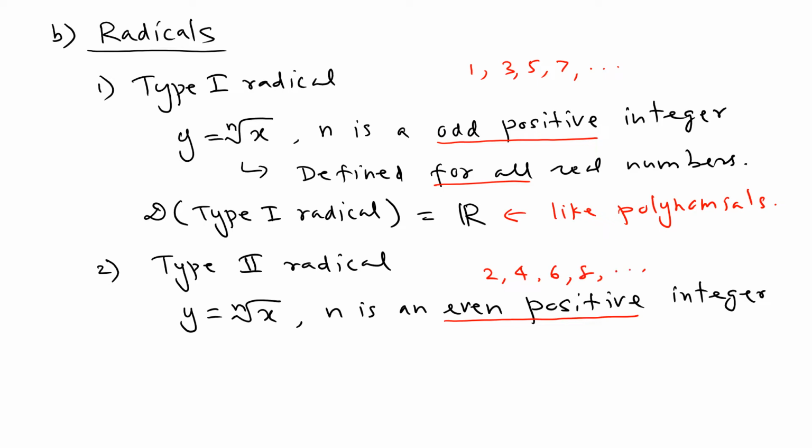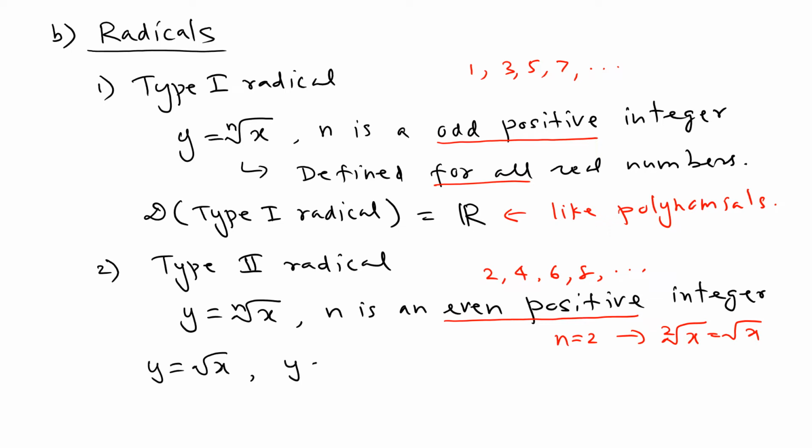But you have to be careful with these. Think of the square root. n equals 2 means the square root; we don't write the 2. When it's a square root function, it's only defined for 0 or positive values. So the domain is restricted now. You cannot plug in a negative value. So we can say y equals square root of x,